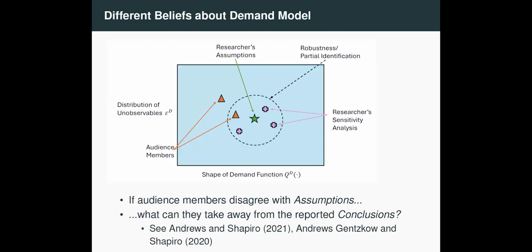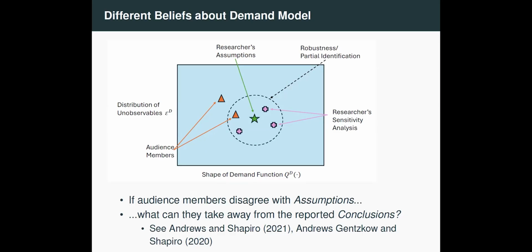So I think that's an interesting example to think about. Now, let's contrast that with a different situation, which is one that's more familiar to the folks working in the fields we're talking about today. So let's go back to our canonical example of the demand model. And there, of course, it's harder to represent the space of assumptions on a line. So I'm making up a hypothetical topology on assumptions. But if you bear with me, we could imagine that one axis might be what shape we're putting on the demand function, and one axis might be what other kind of economic structure we're putting on distributions of unobservables. And we can imagine that there are different assumptions we can pick inside this big space.